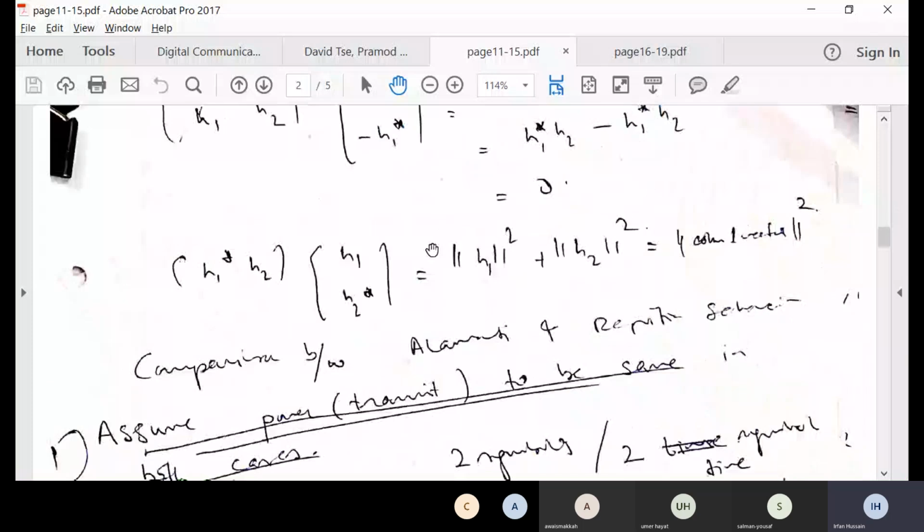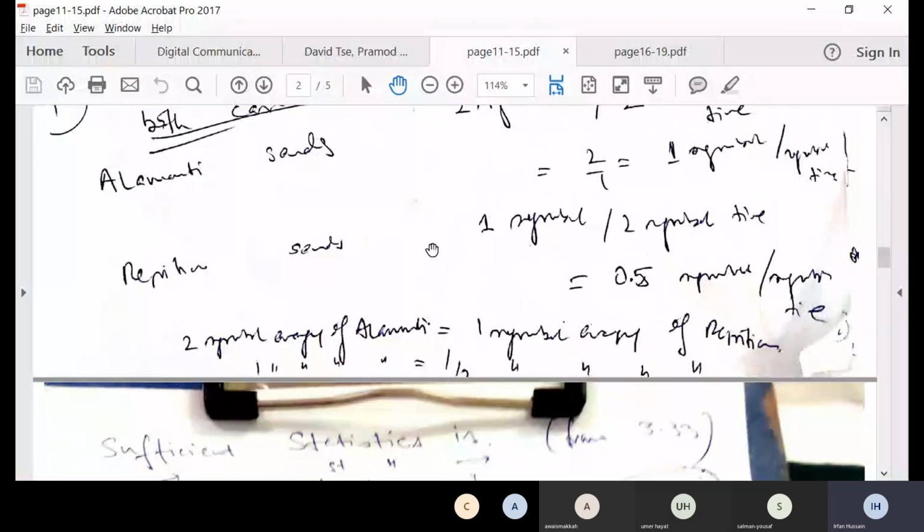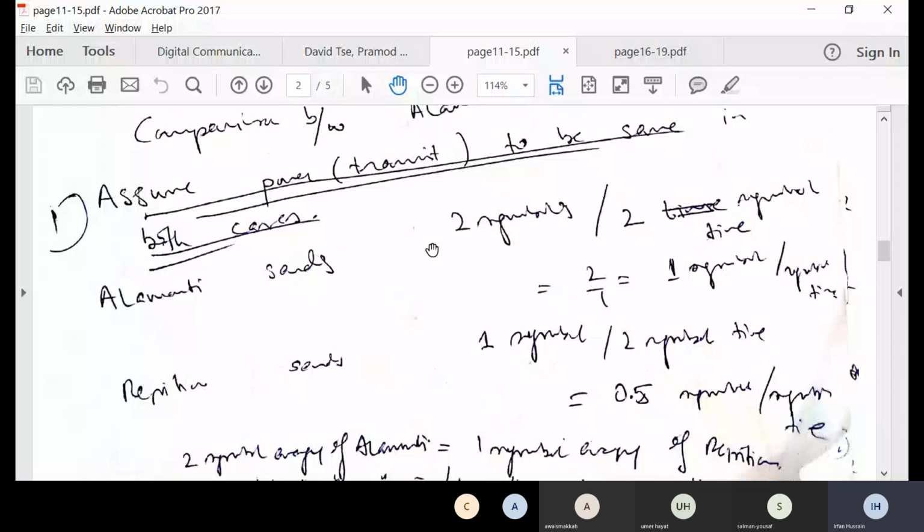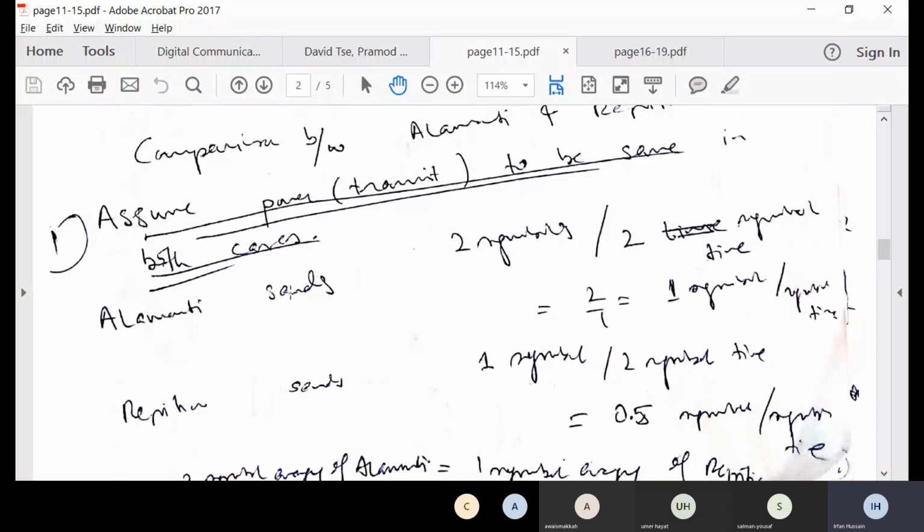I've just written here that if we assume that transmit power is the same in both cases, that is in LMOT and repetition, you can see LMOT is sending two symbols in two times. In other words, 2 divided by 2, it is sending one symbol per time. But repetition is sending one symbol in two times because it has to repeat the whole symbol in the next time slot. So it is sending only 0.5 symbols per symbol time. So if you assume that power is the same, then you can see that the LMOT rate is greater, because it is sending one symbol in one time as compared to